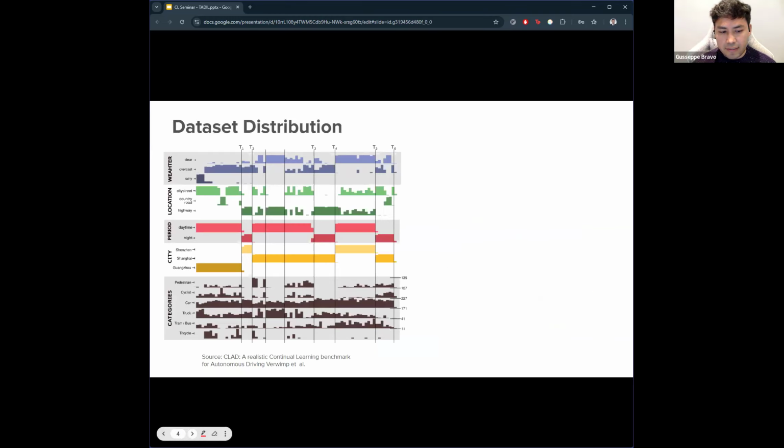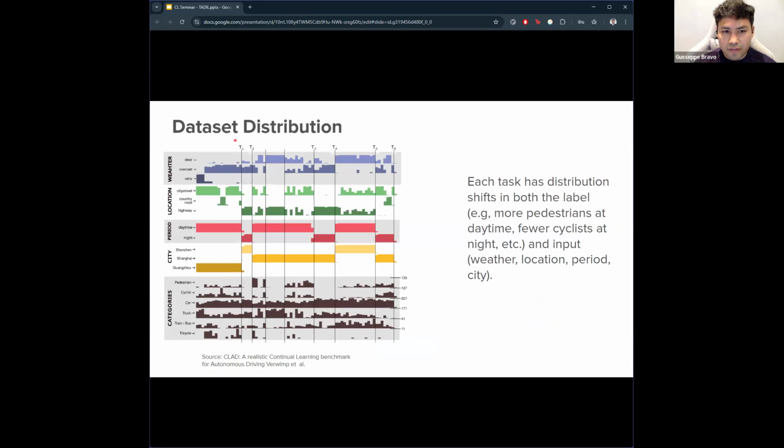So this is the dataset distribution. We can see here, for instance, in task 1, which is at daytime, that we see people in some conditions that don't happen in domain 2. For instance, we have some cyclists here in task 1, but at night we don't have the cyclist.